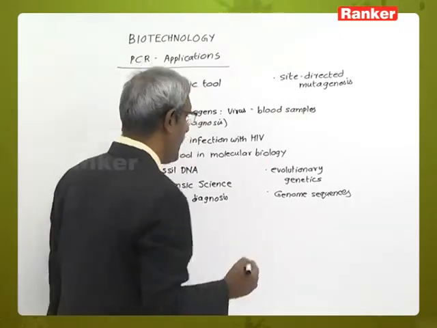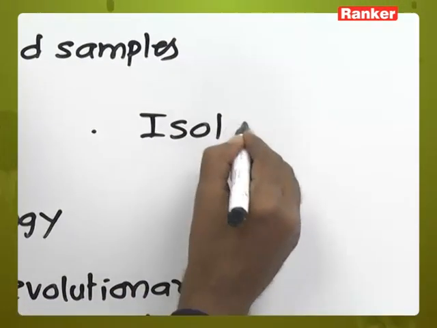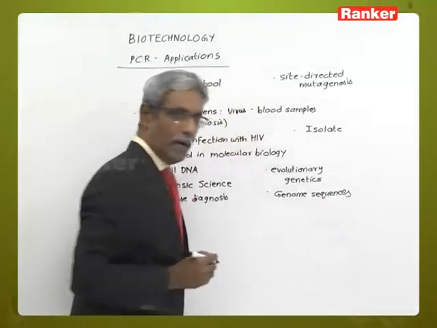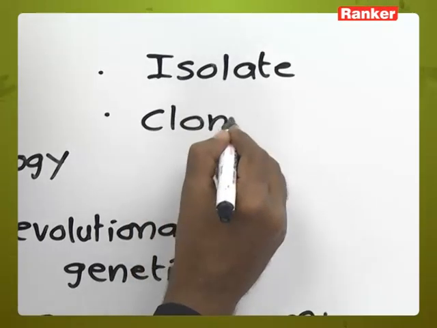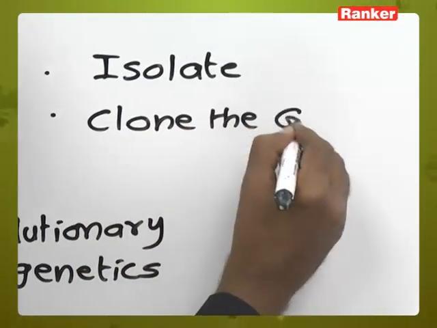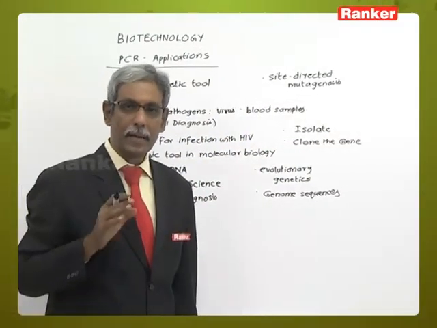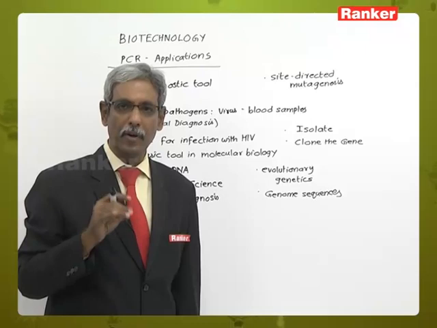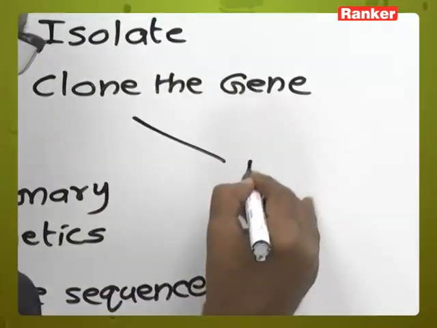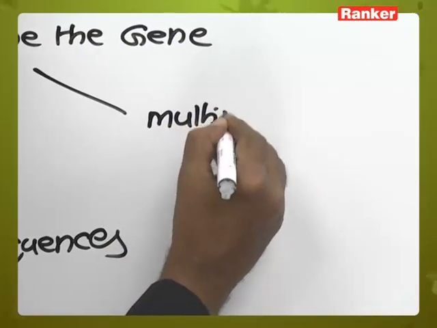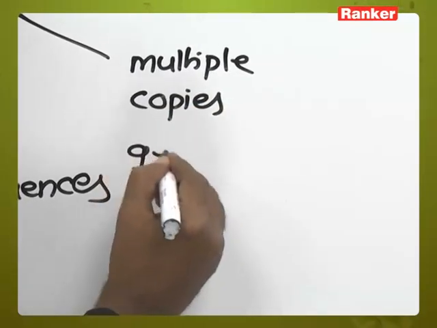And so thereby by PCR, the most important application is you can isolate the gene of interest, and also clone the gene. The meaning of the term clone the gene is, cloning means making multiple copies of your desired gene in biotechnology. So cloning refers to multiple copies of the gene of interest,